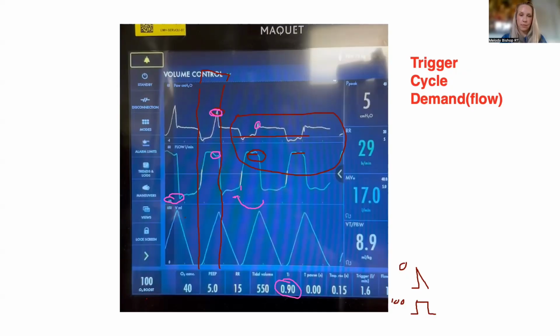So these high minute ventilations really get me nervous, because if I don't have a good reason for it, or even if I have a reason for it, let me take a step back. What I mean is, let's say this was the worst kind of person to put on the vent, like a patient with DKA, right?